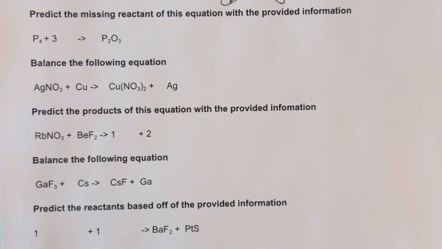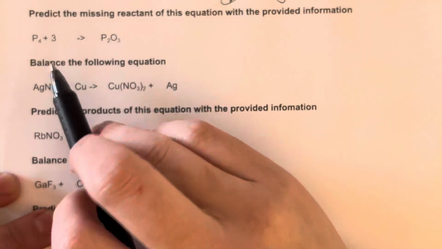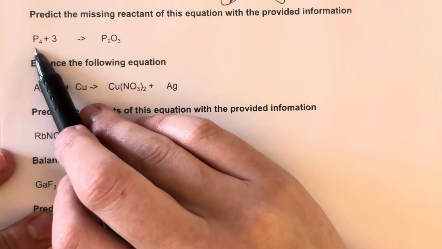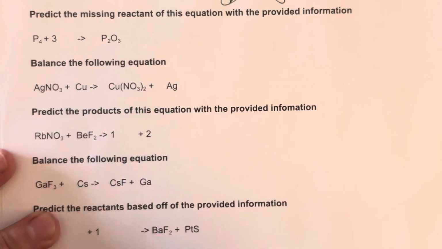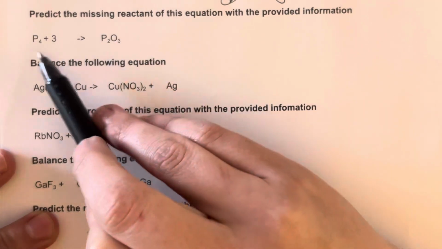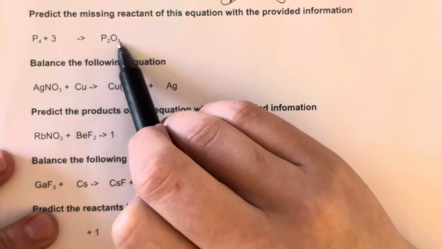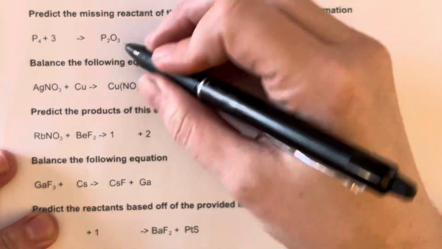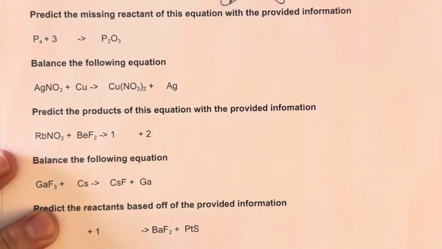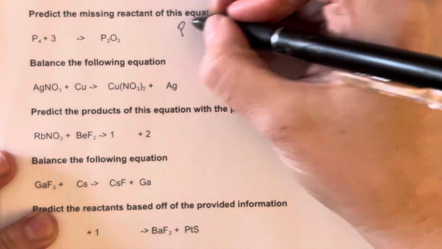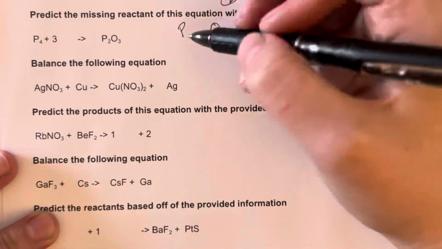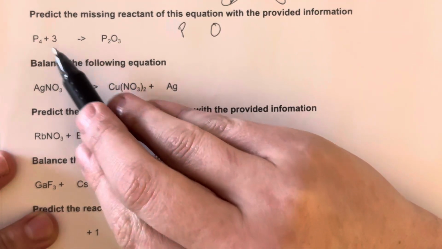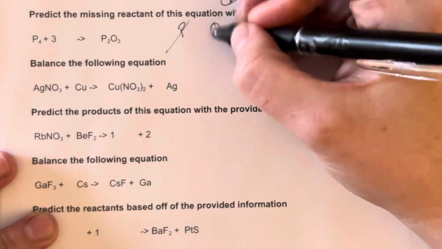Predict the missing reactant of this equation with the provided information. So I can see that I have phosphorus and 3 of something reacting with, or producing, sorry, this diphosphorus trioxide. So from the right-hand side where I have a completed equation, I know that I'm going to have phosphorus and oxygen appear. And I know that phosphorus already appears on the left-hand side, so that means I would just be